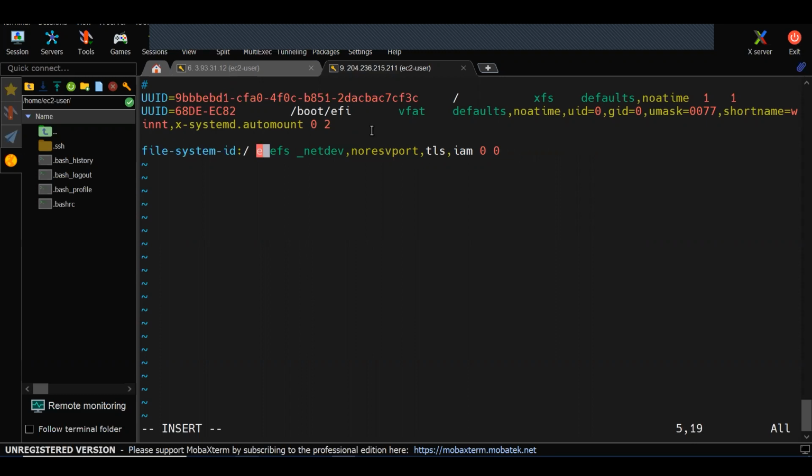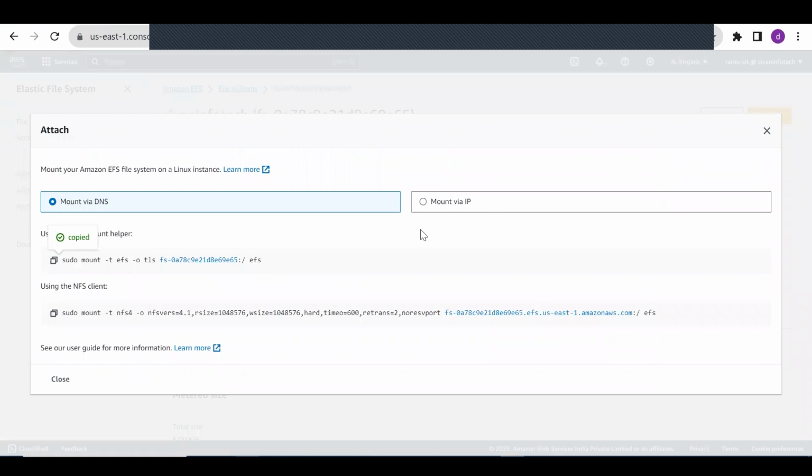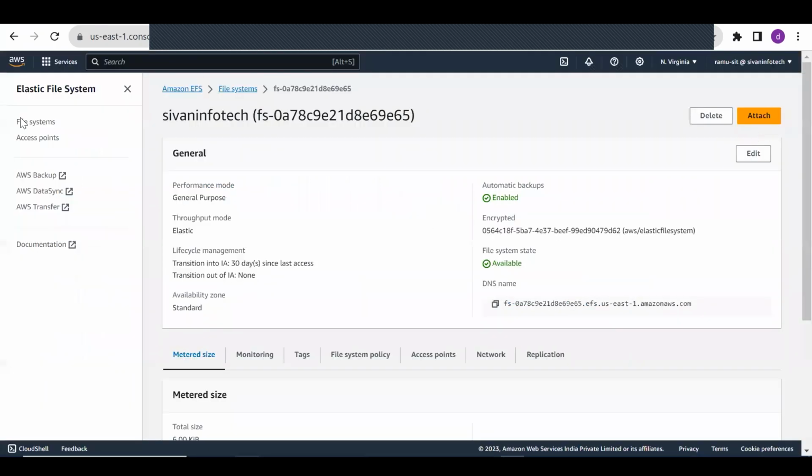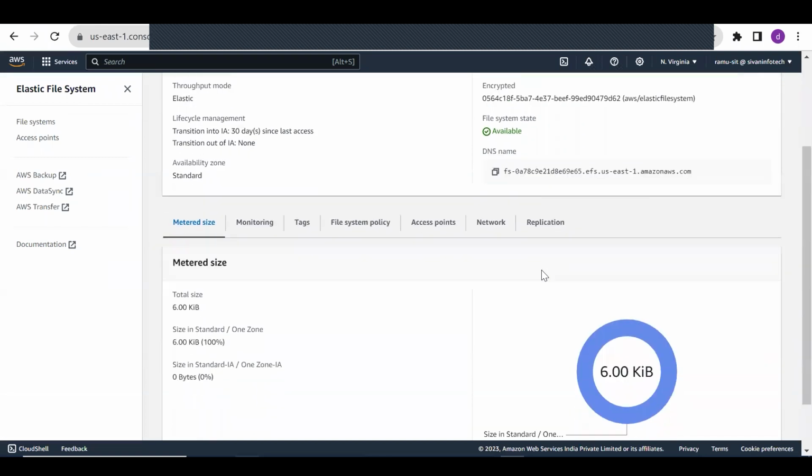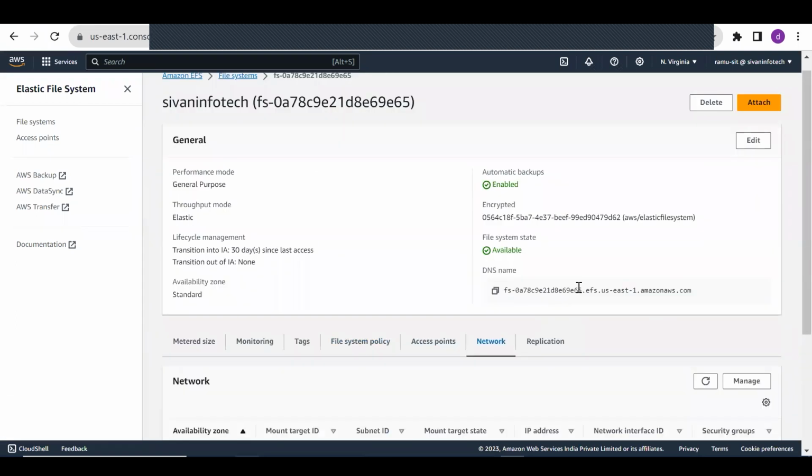What is our mount point? Slash efs, where we are going to mount. That is our path. And the file system ID, this is the file system ID, which starts with fs.